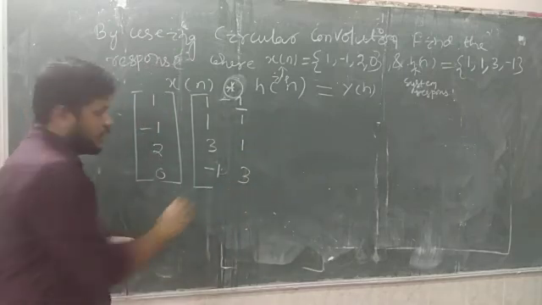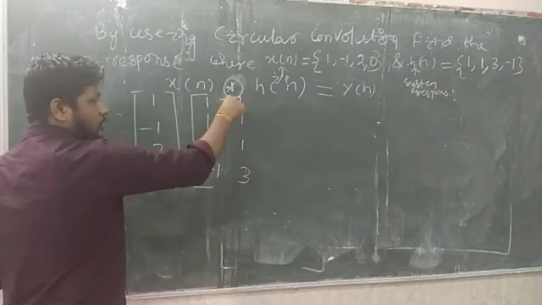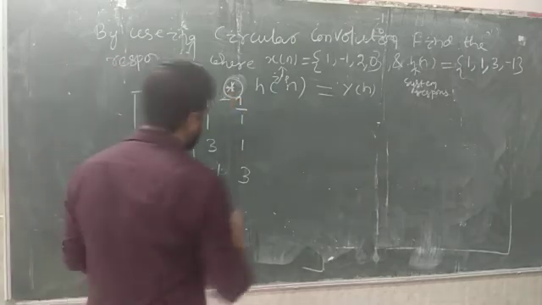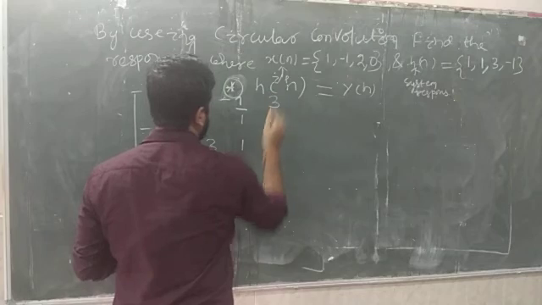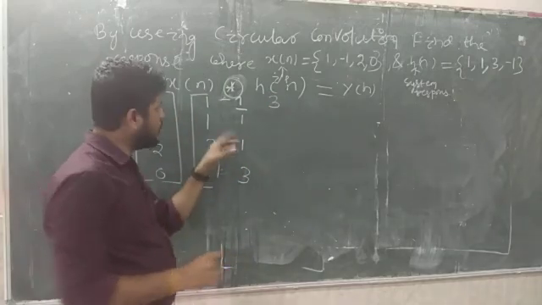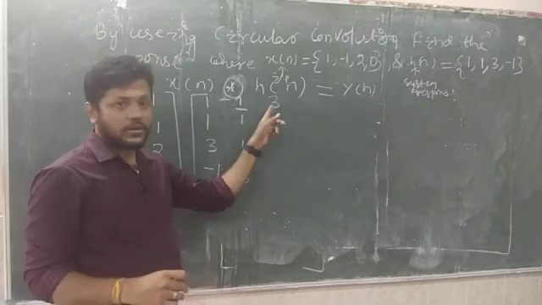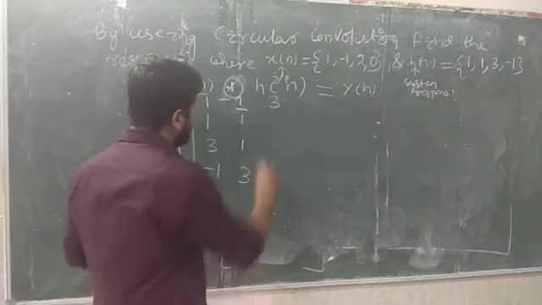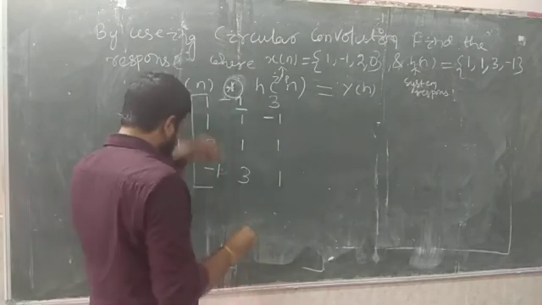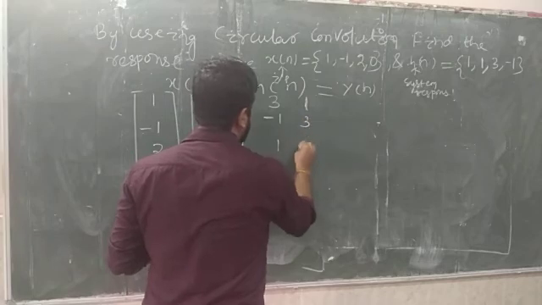This is very easy. The last sample, -1, goes to the first position of the second column, and the remaining samples move one step down. Then you have 3, so now we see the adjacent column. I take 3 to the top, and the remaining samples go down by one: -1, 1 and then 1. Then we write 3, -1, 1.